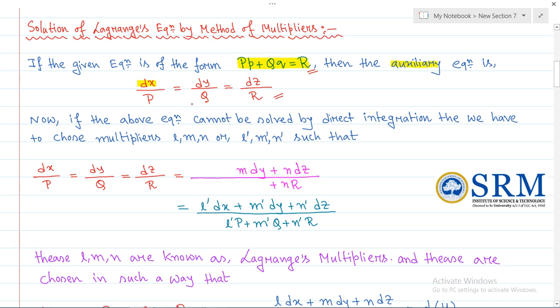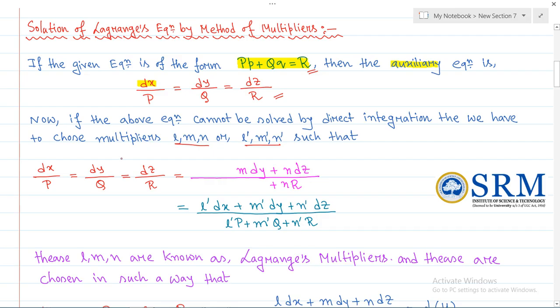Now suppose this equation cannot be solved using the direct integration technique, then what we have to do is choose some multipliers l, m, n or l dashed, m dashed, n dashed in such a way that we multiply each and every factor with these